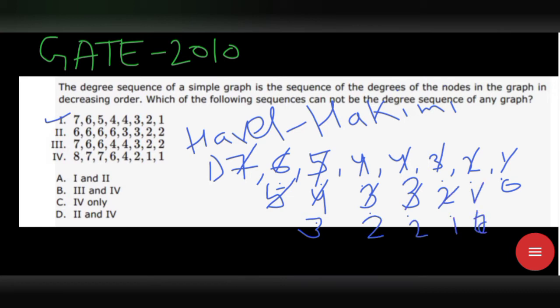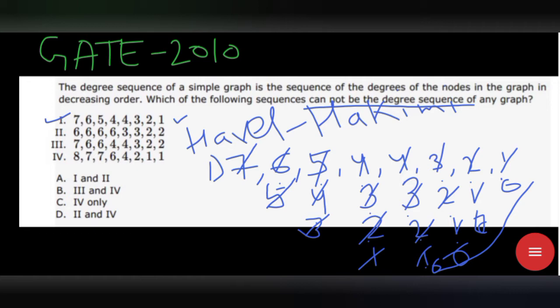I will again check whether they are in decreasing order. Yes, they are, and I will cut 3 and look for 3 elements, 1, 2, 3, and decrease 1 from them. Now I will cut 1, look for 1 element and decrease it by 1. So I am now getting 0 in all of the places that I have cut. So I can say that this graph will exist. It is not creating any problem. So the first option is valid, and since I have to find which cannot be the degree sequence, this one can be, so it is valid.